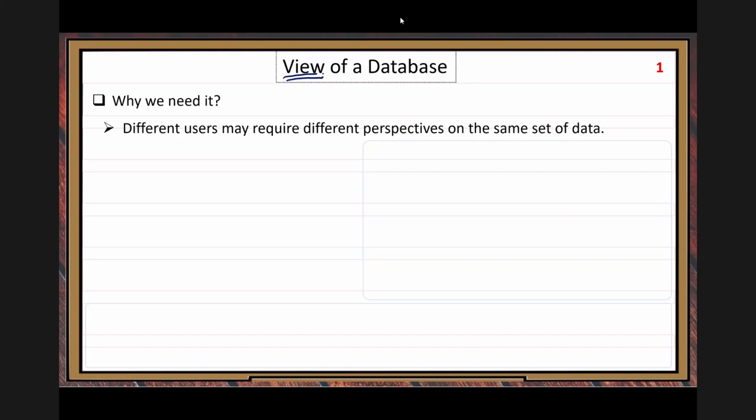With virtual tables, you do not store the data corresponding to their views physically on your hard drive. The DBMS knows how to display the data in virtual format.